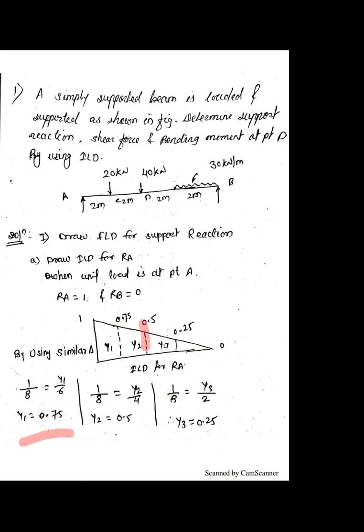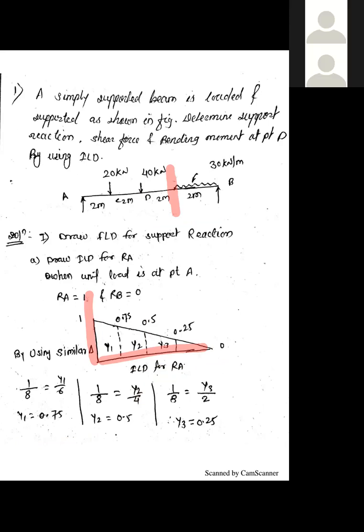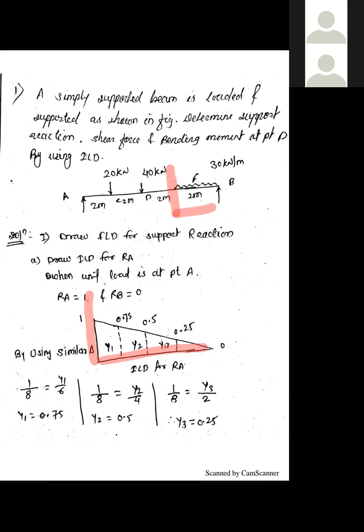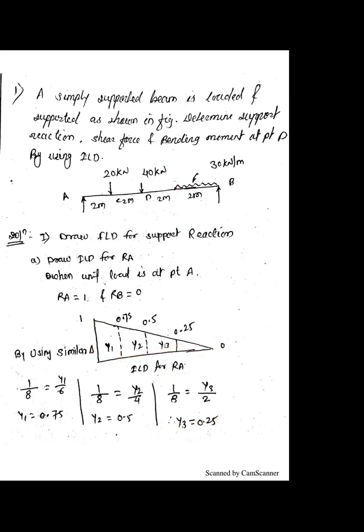For second coordinate y2, again similar triangle. 1 divided by 8 is equal to y2 divided by this. Y2 divided by this. This means 4. So y2 divided by 4, then we get y2. Again similar triangle. 1 divided by 8. Here is 3. Y3 divided by this distance 2. So then we get y3. Okay. All of you understand how to calculate coordinate: height upon base, height upon base, height upon base by using